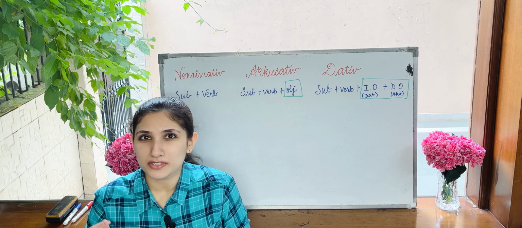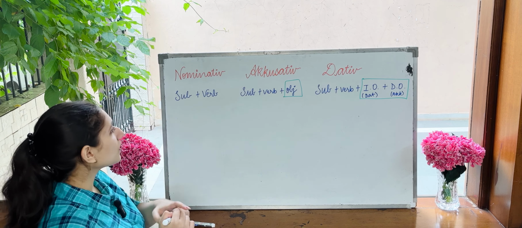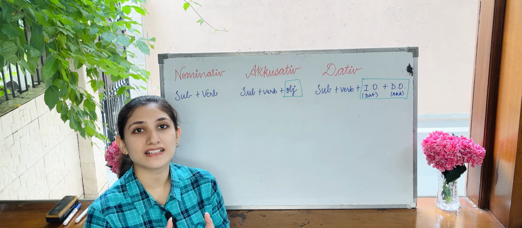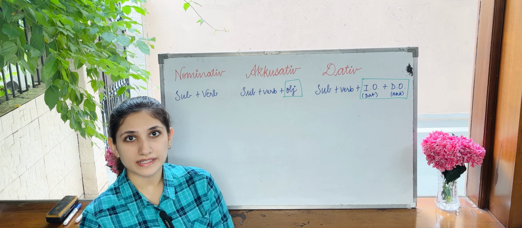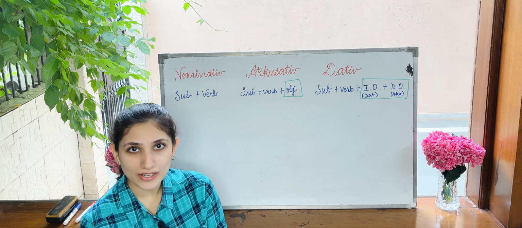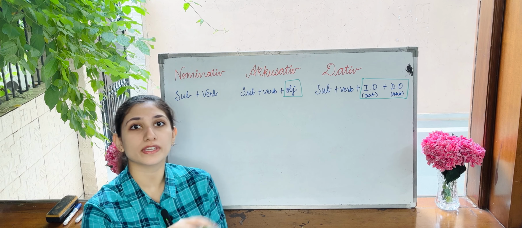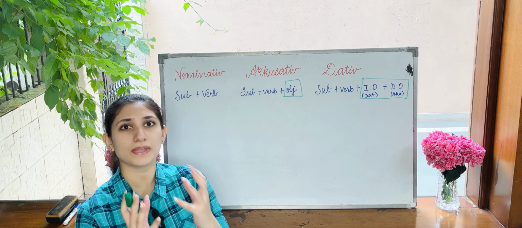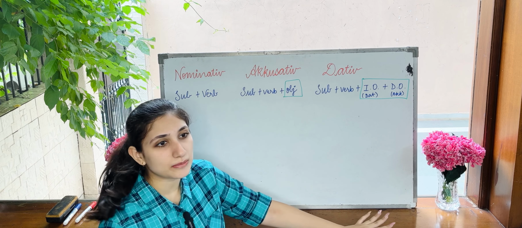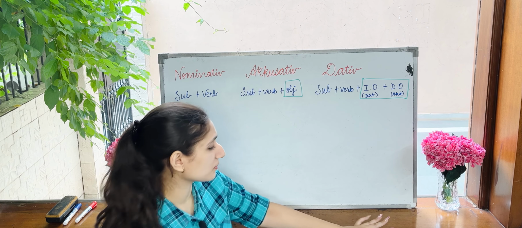Now I know you might not be able to understand yet. It's okay, hang in there. It's very simple. Let's go with the basics. What is a subject in the sentence? It is either a person or a thing that is performing an action, or a thing or person that we are talking about. The main focus, that is the subject. An object can be any person or anything, but that's not the main focus. I'll give you examples also.